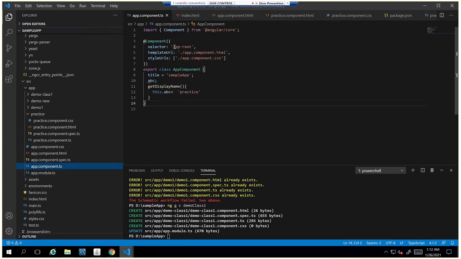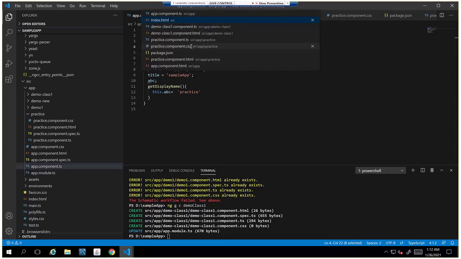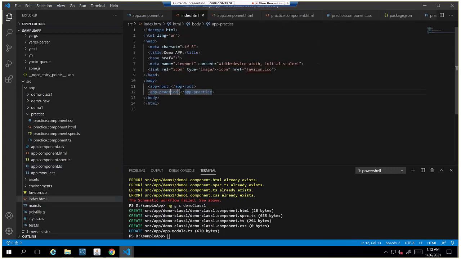It is the app root. Oh, I think you modified this from the index.html file. By default, it is app component.